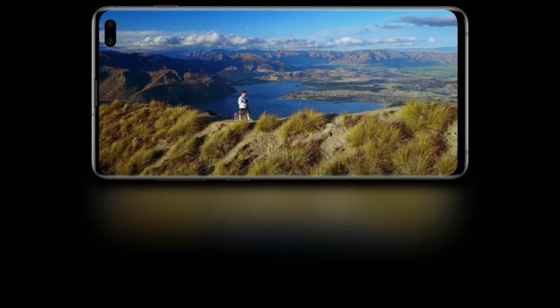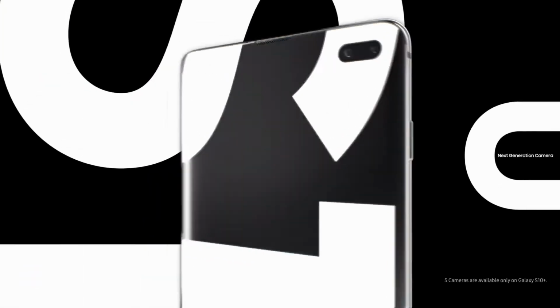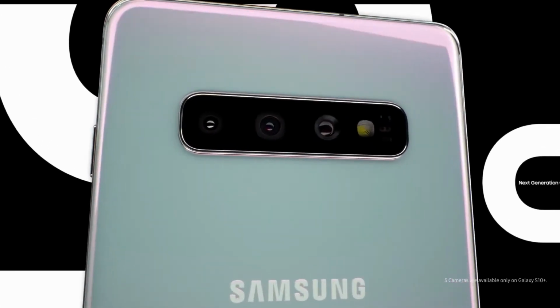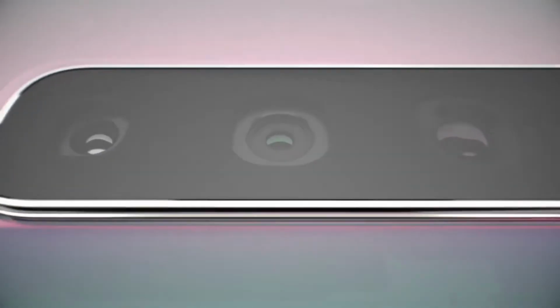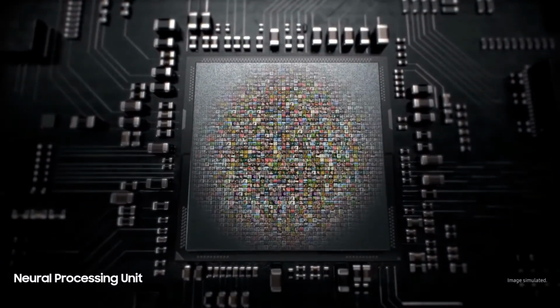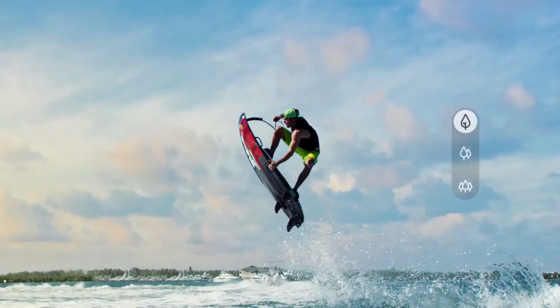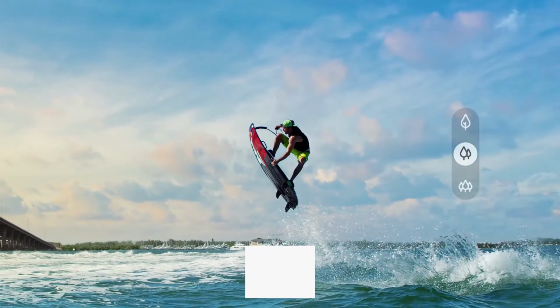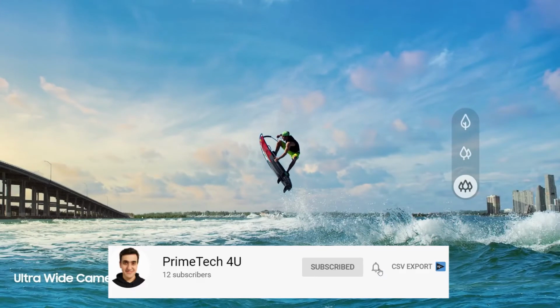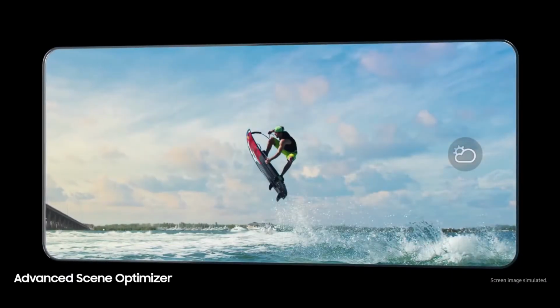The S10e also runs the same version of Android 9 Pie, with Samsung's fabulous One UI interface. For the most part, the cameras are the same on the S10e as on the S10 and S10 Plus. On the front is a 10MP camera with f1.9 aperture that is also capable of recording video in 4K. On the back, there is a dual camera system with a 12MP main shooter, with variable f1.5 to 2.4 aperture